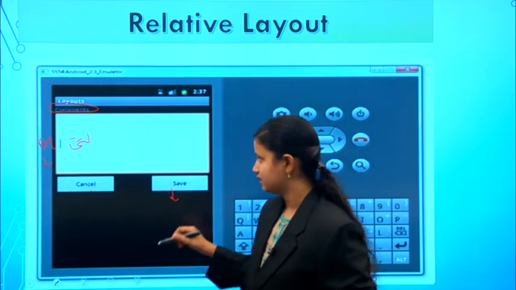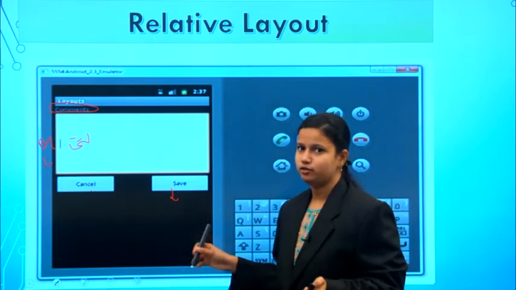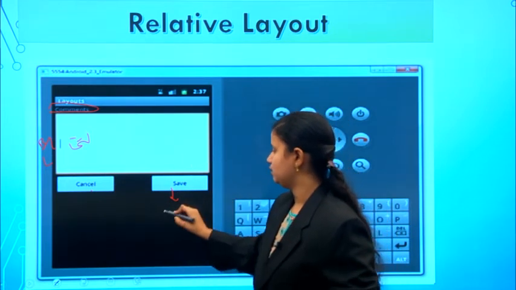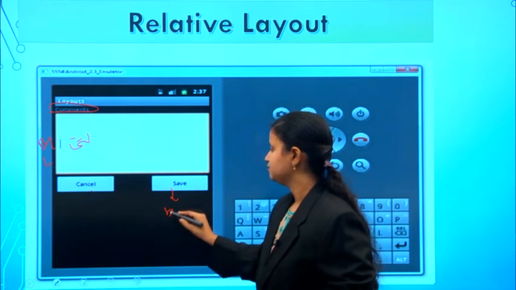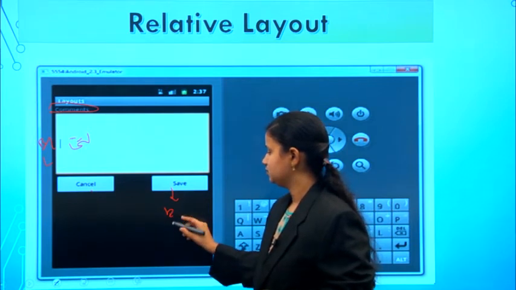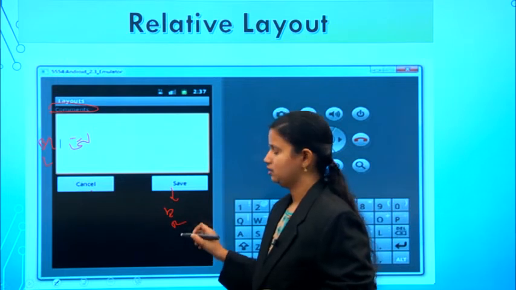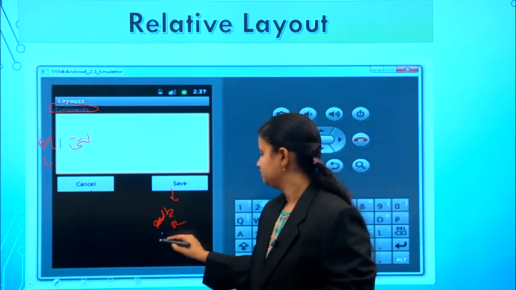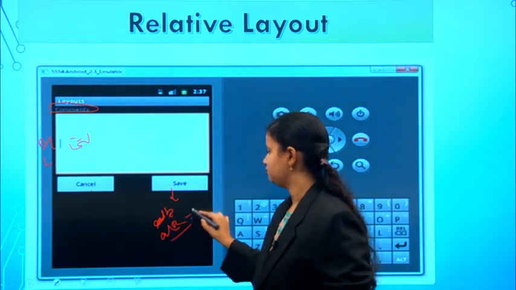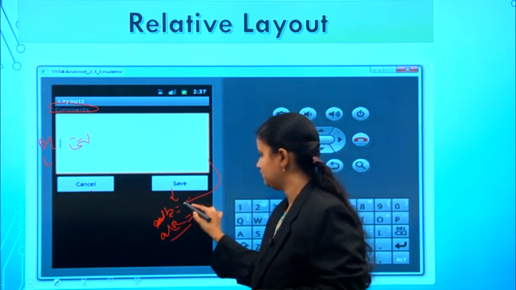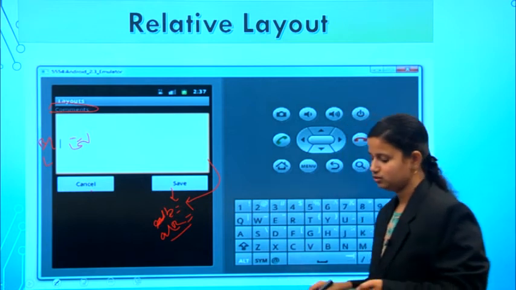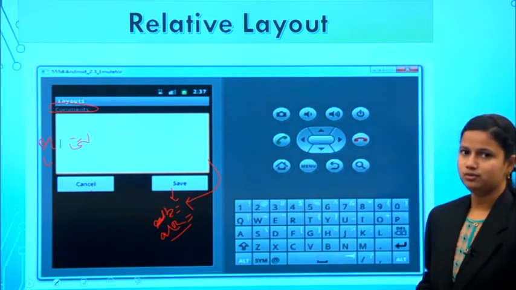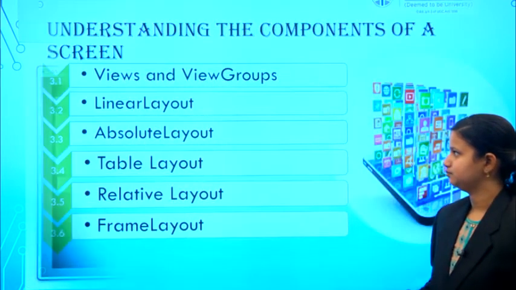The save button's relative position is below the edit text, and another thing, it is at the right position of this. So you have to use below and align right. For these two you have to pass the ID of this edit text, so that we arrange the views relative to each other.